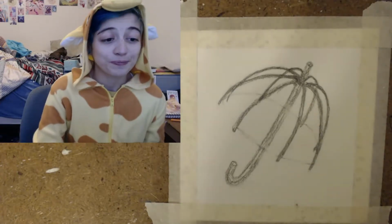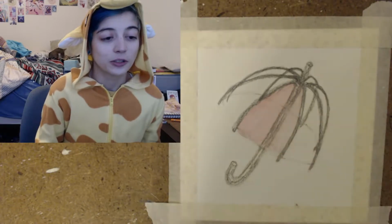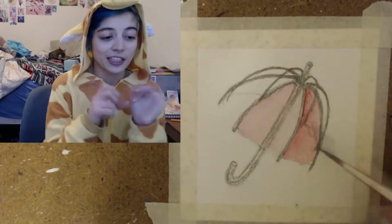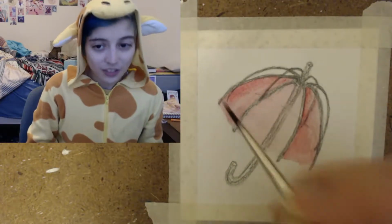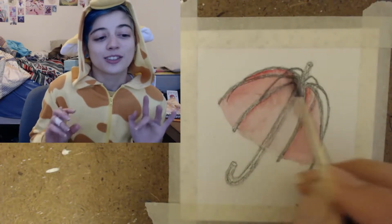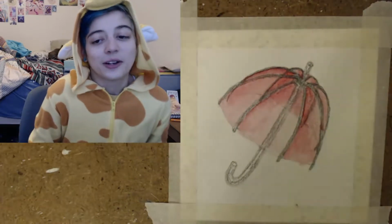I think they're super cute, and I saw some cute images, and I thought it would be fun to use the gouache to do it, because I knew I could use it a little like watercolor and get that see-through effect. A lot of dome umbrellas are plastic, see-through material, so I wanted to give that feel. I was trying really hard to make the areas darker where there were overlapping pieces of the umbrella, because it would be less transparent where there was more layered up. I don't know how well I did it, but